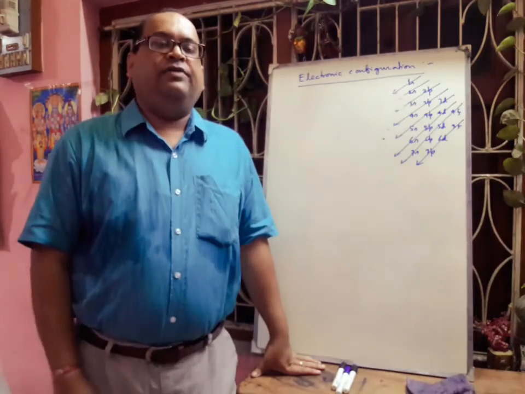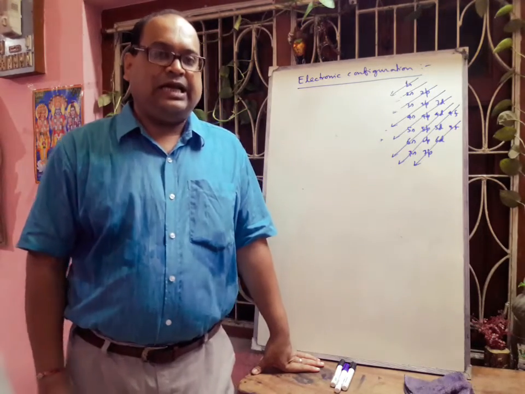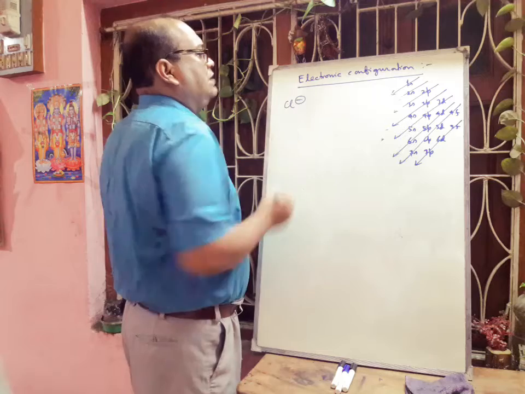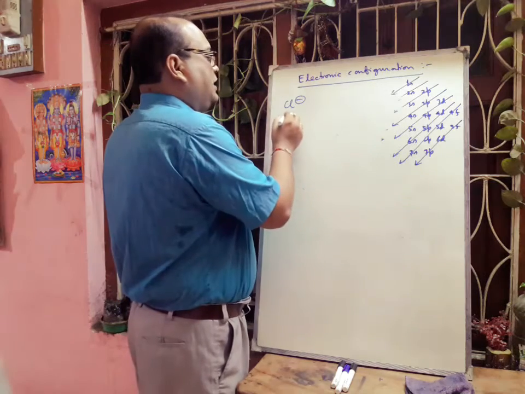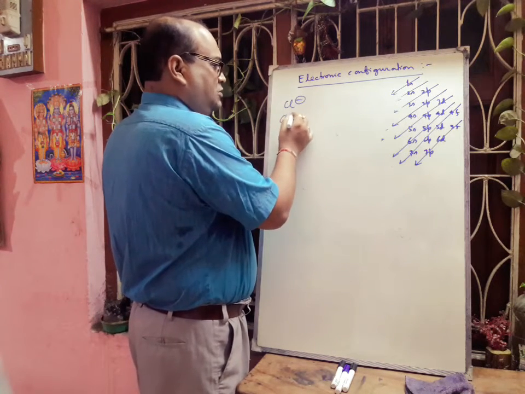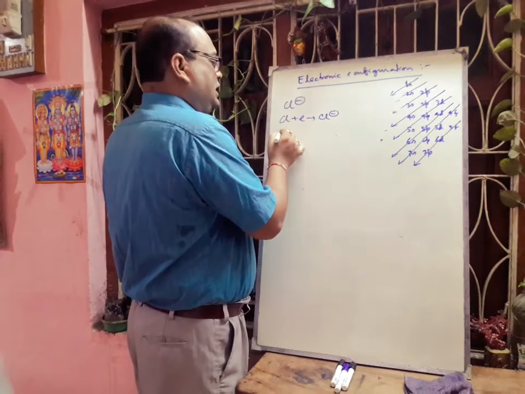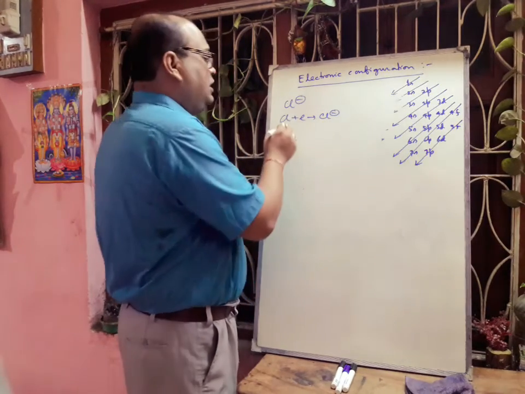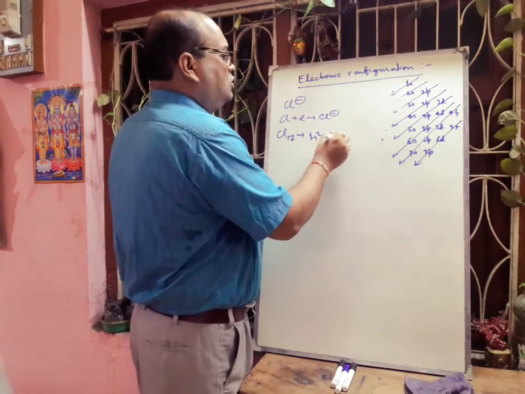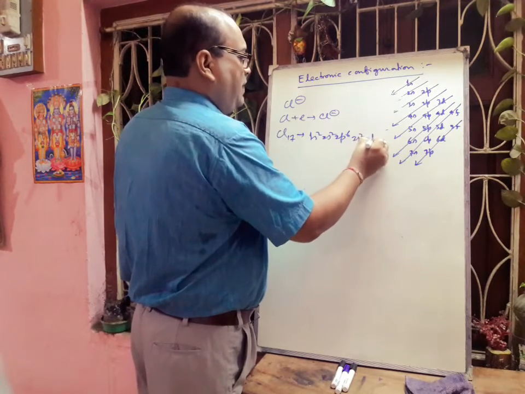We have discussed the cation; now if you want to discuss the anion, like Cl minus, you have to write the electronic configuration of Cl first. Cl will accept 1 electron, forming Cl minus. So what is the total number of electrons in chlorine? That will be 17, so its electronic configuration will be 1s2, 2s2, 2p6, 3s2, 3p5.